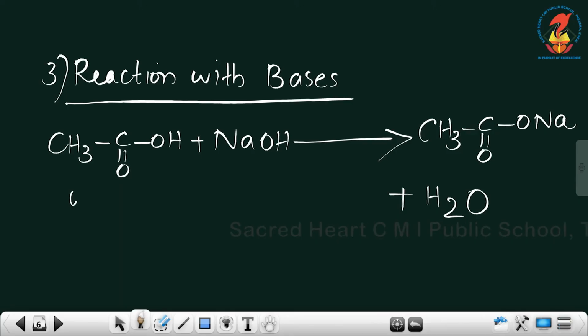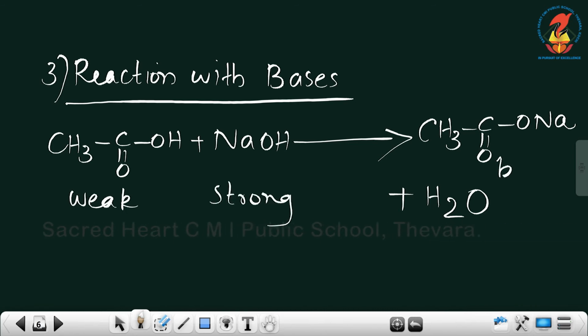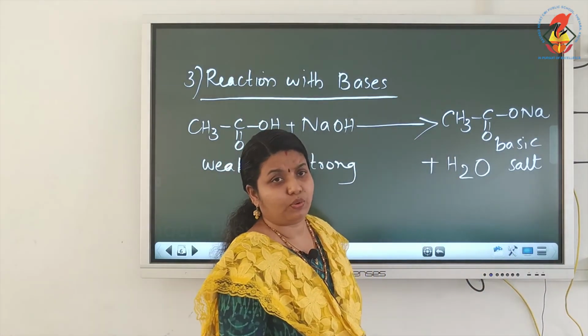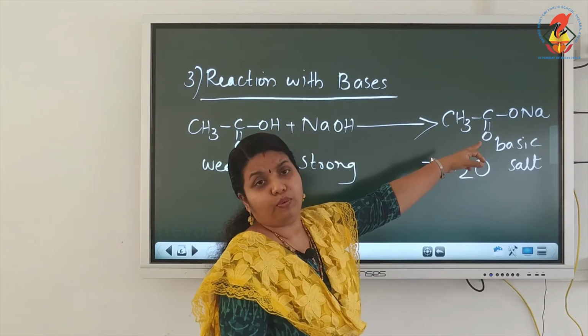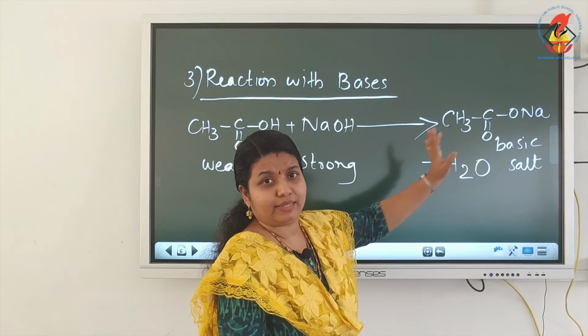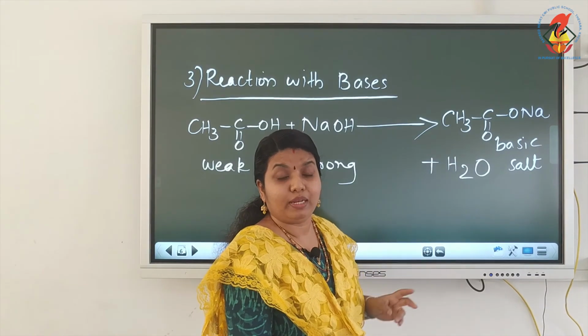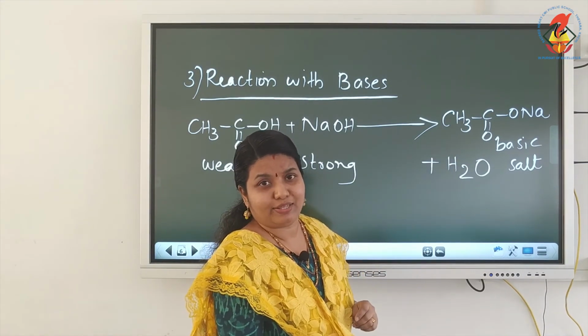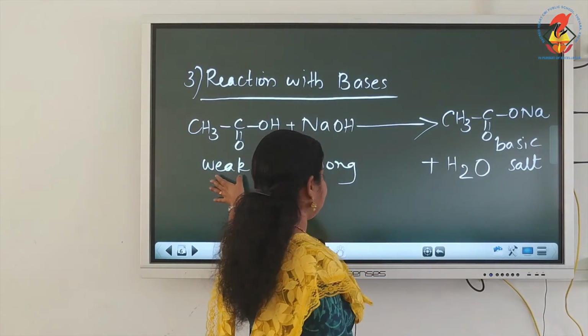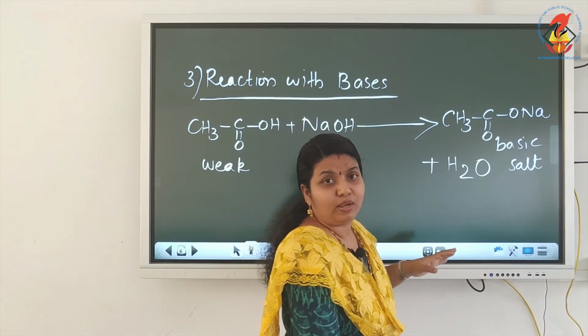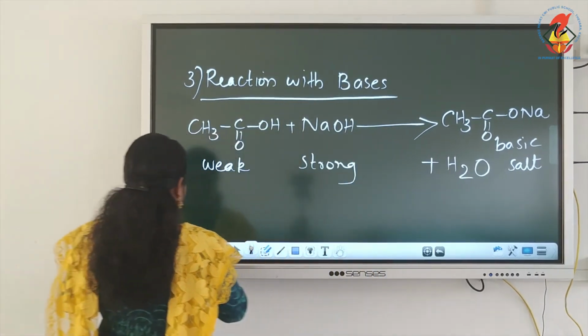Here acid is weak, base is strong. So, what will be the nature of the salt formed? It will be a basic salt. This we have learned in acids, bases and salts. CH3COONa is an example of a basic salt we learned in acids, bases and salts, because it is formed by the neutralization of a weak acid with a strong base. Next reaction,